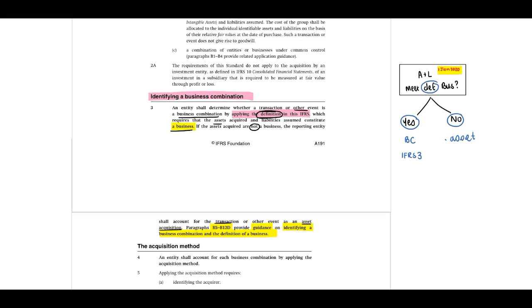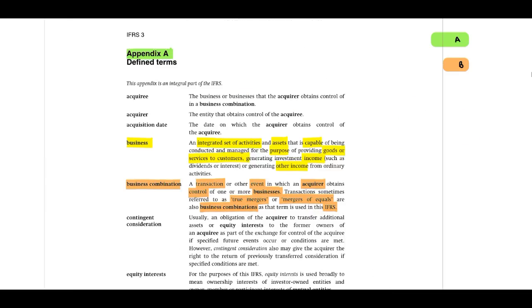Okay, now guys, the definition of a business is included in Appendix A. This is your Appendix A of IFRS 3. My recommendation, you know that this is an important section, this is a new section. Include a flag indicating that this is Appendix A. And you will identify, I've included an orange flag indicating Section B. Why? Because if I get a theory question, it will be easier for me to open these sections.